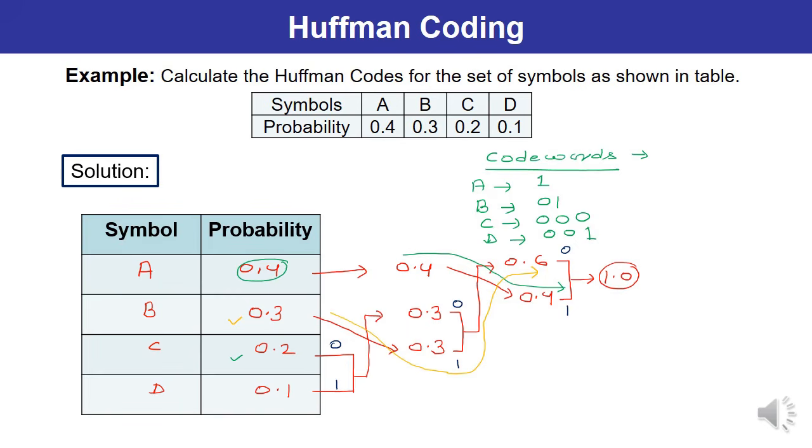If you have to write down the length of code word, you can write down this term as well. Length of code word, which is actually denoted by L of rk. For A, it is 1 because only 1 bit is available. For B, 0, 1 means length is 2 bit long. For C, it is 3 bit long, and for D, it is 4 bits long.